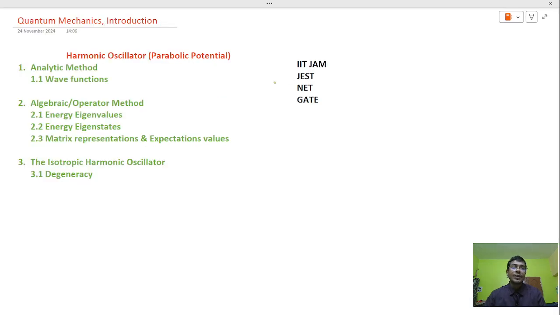The harmonic oscillator, or parabolic potential, is a topic of quantum mechanics. In quantum mechanics, IIT JAM has nine questions,